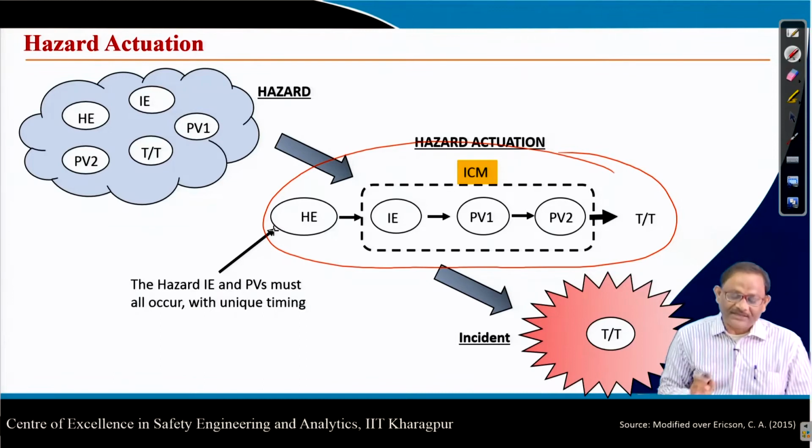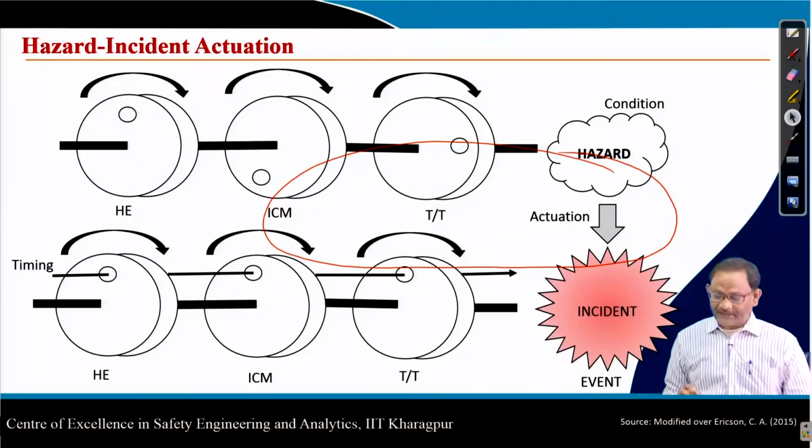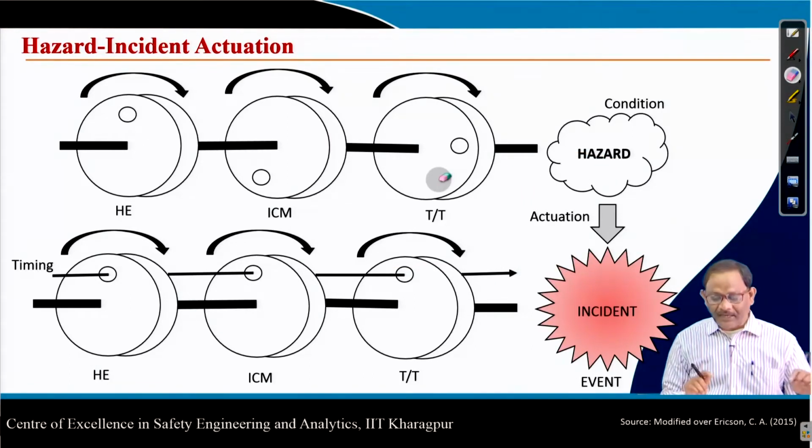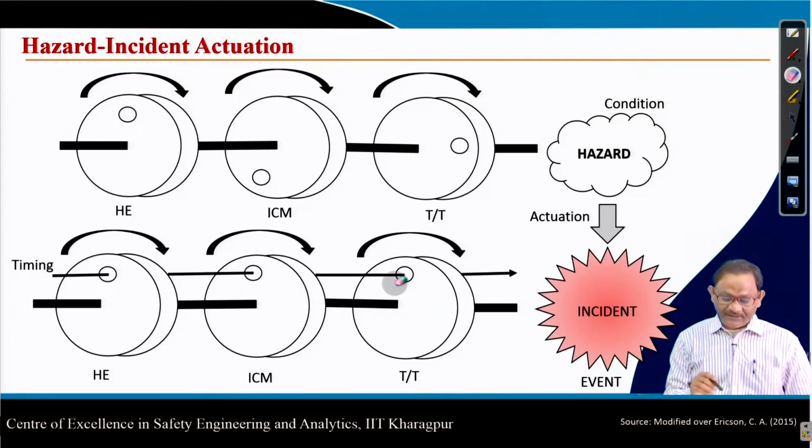So that means, what is hazard actuation? Hazard actuation is nothing but a series of events leading to an incident or accident and causing certain loss in terms of human safety, property damage or environmental discharge. As I told you earlier, you need to have the elements aligned in terms of sequence of events. So hazard incident actuation is defined